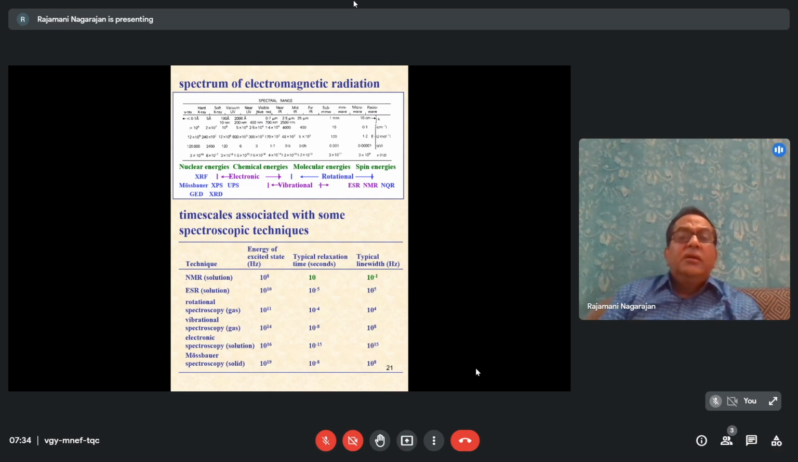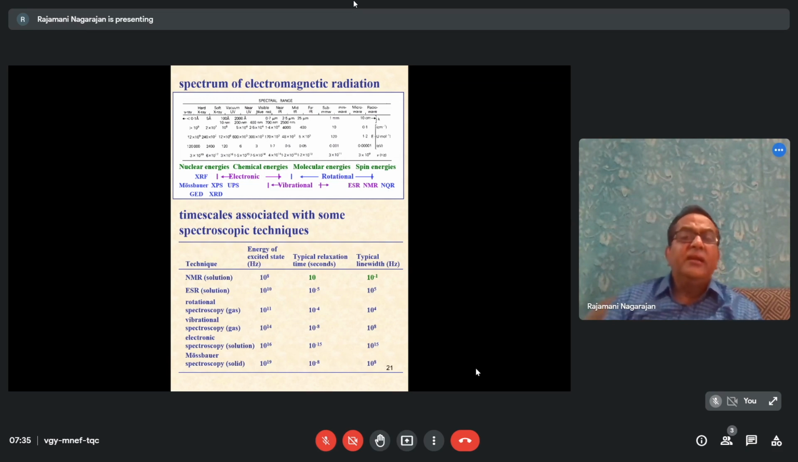So there are many things: electronic spectroscopy, rotational spectroscopy, vibrational spectroscopy, and then XRF, that is X-ray fluorescence, and then Mossbauer, XPS, UPS, ESR, NMR, NQR, electron diffraction, and X-ray diffraction. All these things are associated with the energies and the spectral range. This slide gives you almost all of it in the form of energies, in the form of wavelengths, and their utility also. And what are the time scales associated with these, some of the spectroscopy techniques I have listed